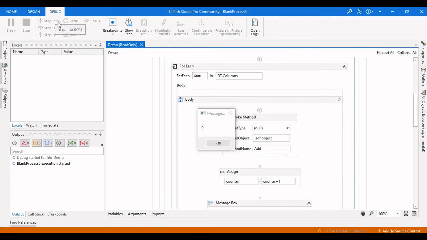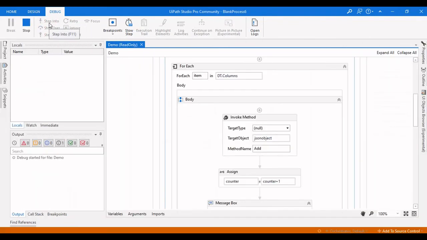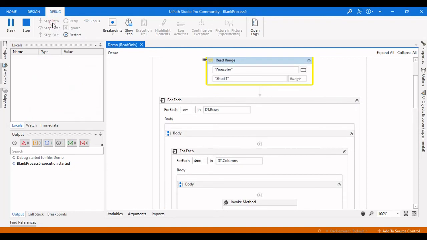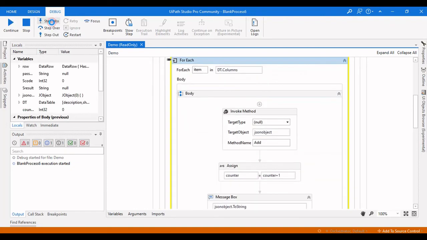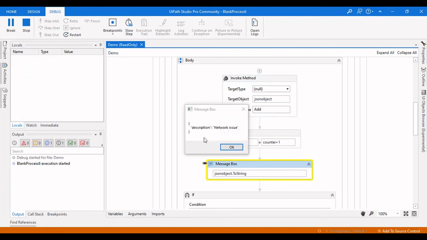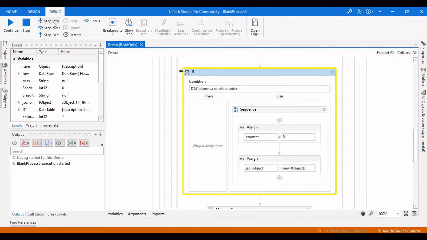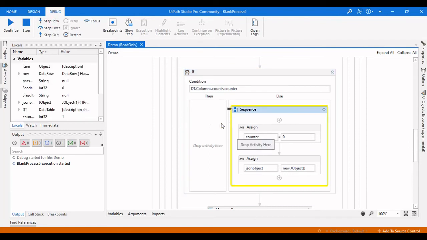Let me jump in, make it step into, and then step into again, step into. Now it has created a JSON object, the first one. And now it comes to this one, and it needs to go in this direction, but it is actually going to this, and there is a new object every time.